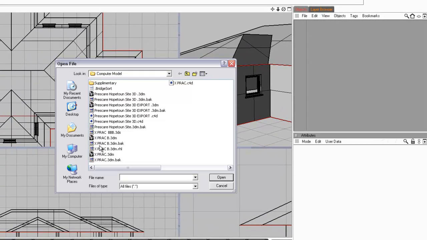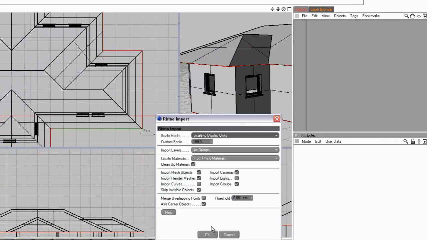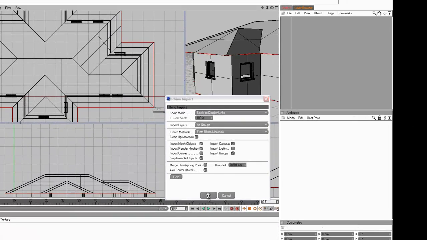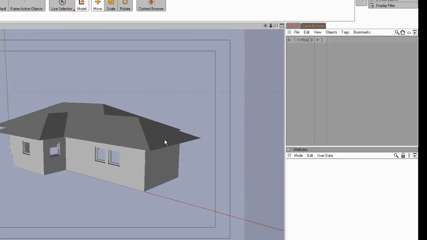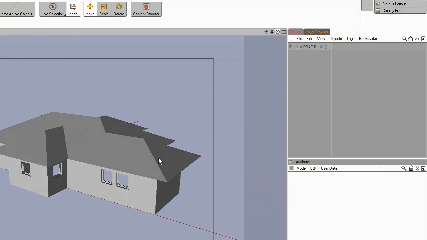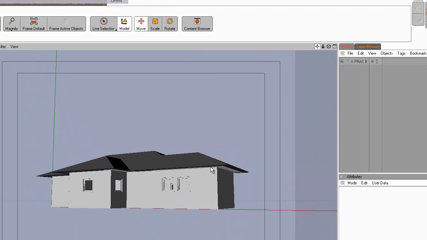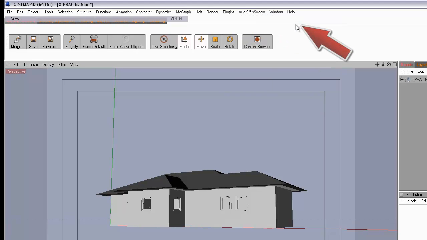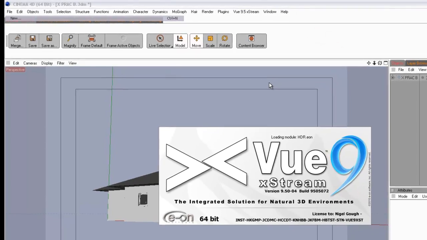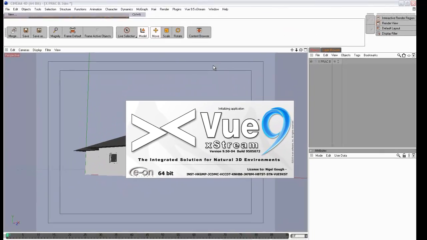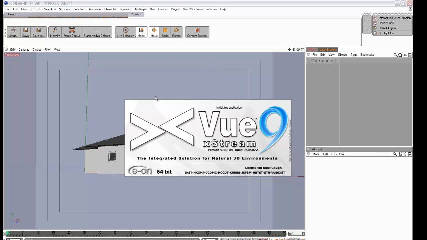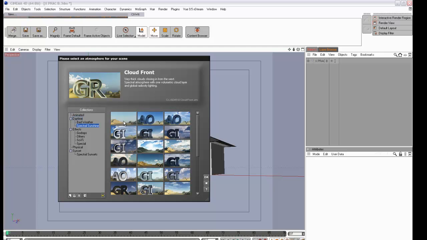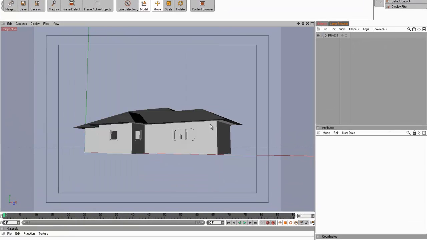We can group that if we like, but then we save it and then open it again in Cinema 4D, and voila, we have our architectural model. Easy peasy. So just to illustrate that, just to follow it through, I'll open another little plugin we've got here that's quite nice for architectural work, although it's got its downsides, but in this particular case, we'll just throw it in. Just opening View 9 Extreme, selecting an atmosphere type,